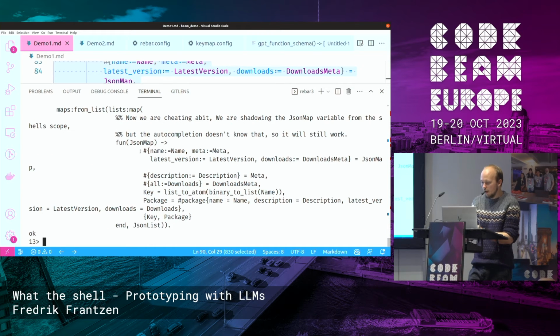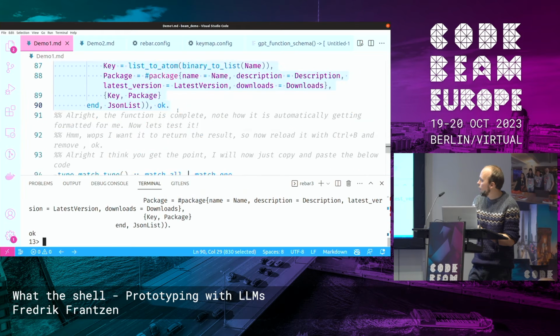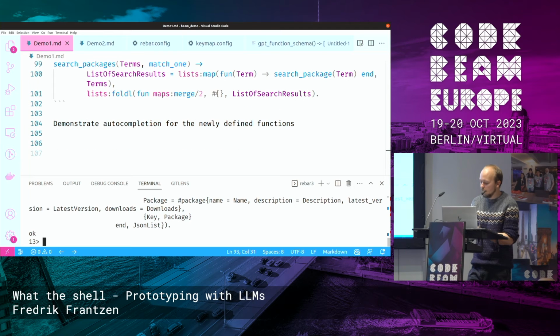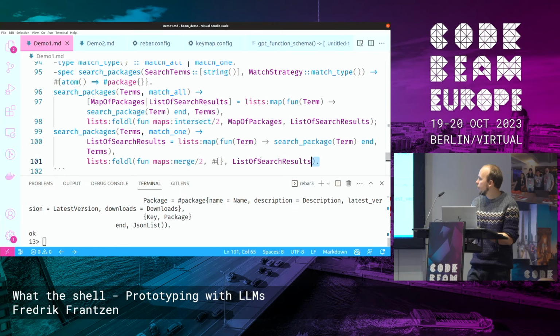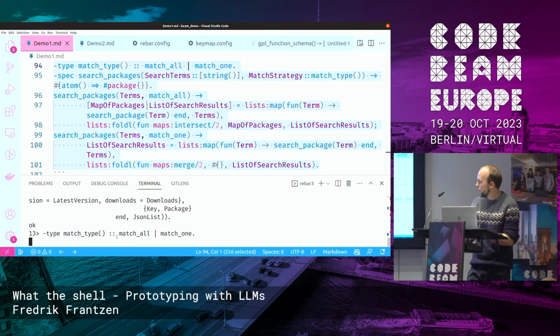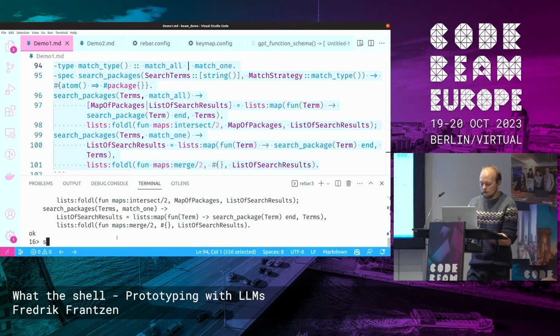And yeah, let's see, was there something else in this demo? Oh yeah, and then also I added a type spec. Well, I can copy paste these functions as well. Actually, you can define types, and you can define function specs, and then I can also use the auto-completion to get some kind of type help for this function.